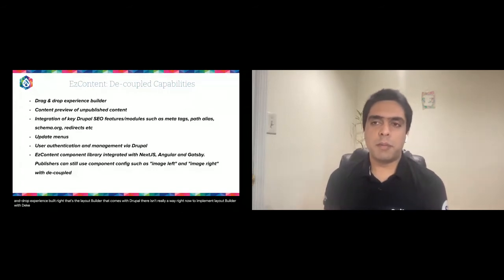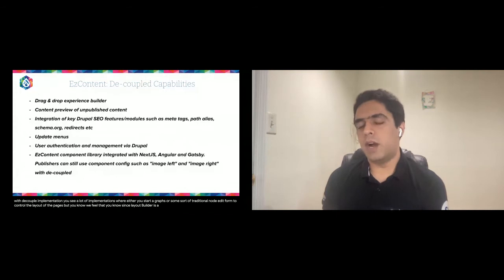You see a lot of implementations where you use either paragraphs or some sort of traditional node edit form to control the layout of the pages. But we feel that since layout builder is a great tool and a lot of hard work has gone into building that and bringing it to Drupal core over the past few years, we want to make sure that you are able to leverage that in a decoupled implementation as well.